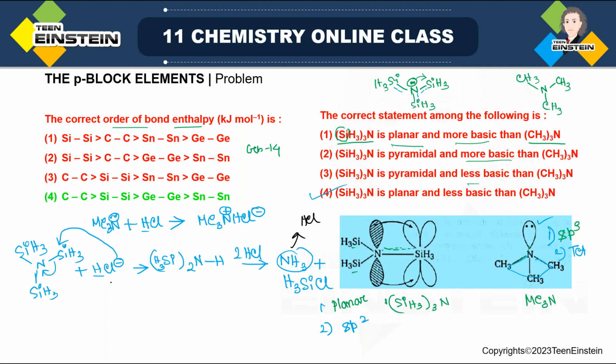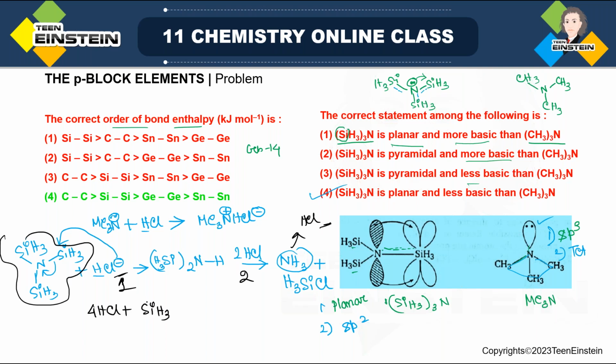Ultimately, it will form NH4Cl. So see how many HCl are involved. For one molecule of this molecule, total 4 HCl. 1, 2, and then one more. So this is number 3. So the overall reaction, it will be 4 HCl